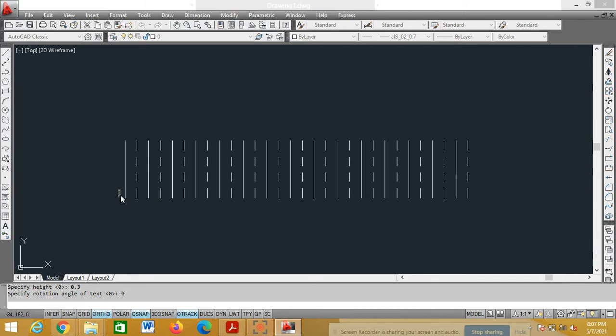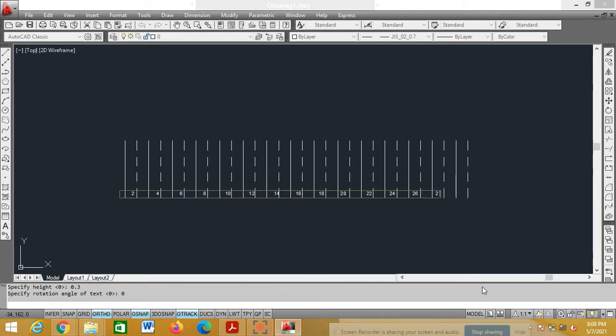See, now observe here. Use the space bar and do the numbering. 2, 4, 6, 8, 10, 12, 14, 16, 18, 20, 22, 24, 26.